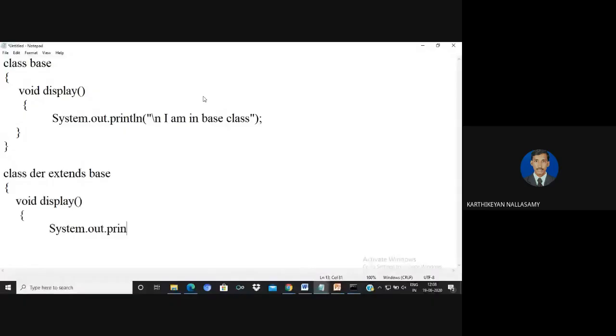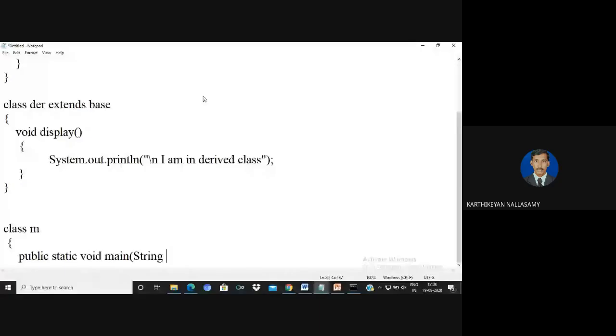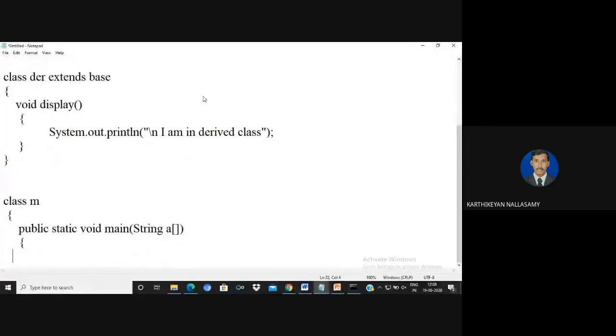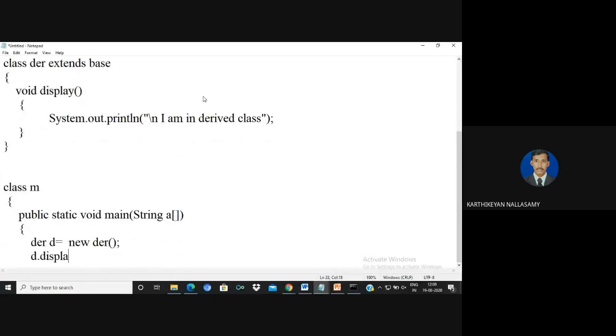Now I'm going to create a class that takes one command line argument. Using the derived class, I'm going to create an object and call the method display.